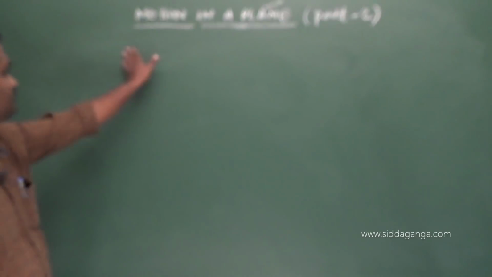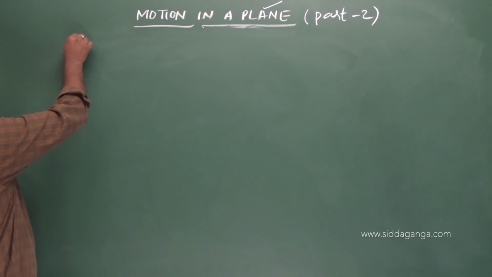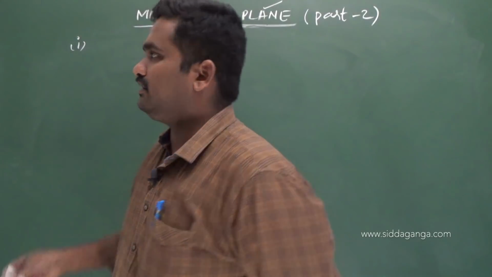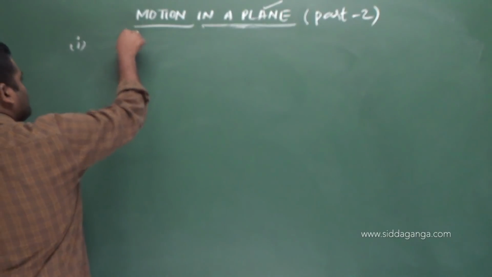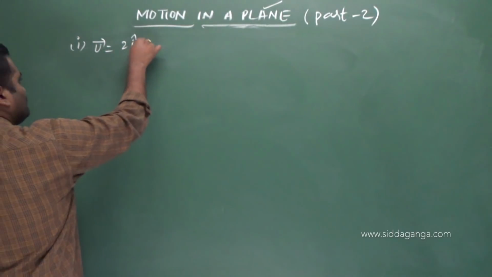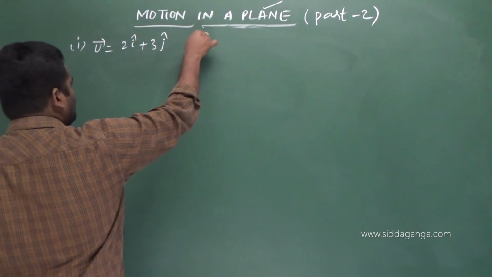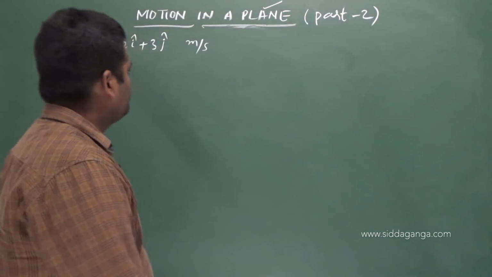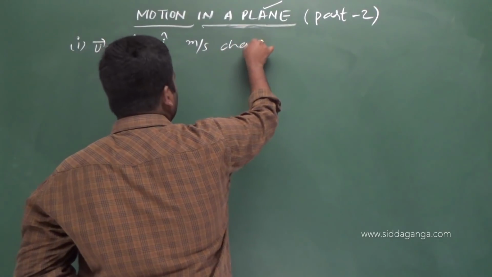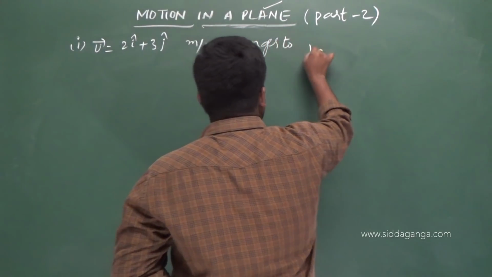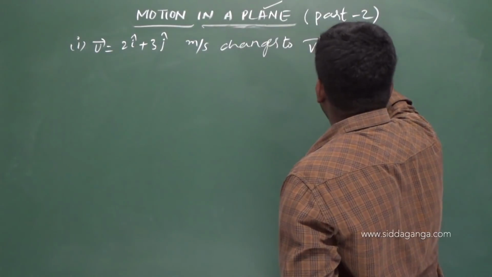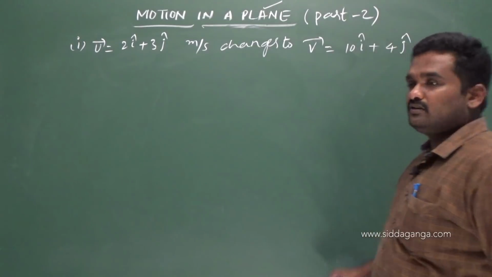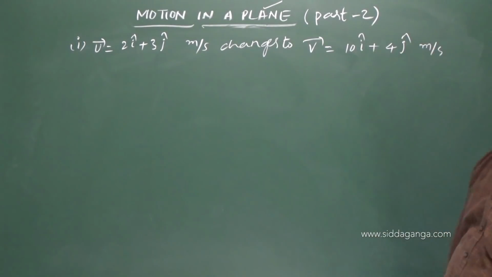See, I will straight away start with an example. A body is initially moving with a velocity of 2i cap plus 3j cap. What is that? Initial velocity equals 2i cap plus 3j cap meter per second. It changes its velocity to some v equals 10i cap plus 4j cap meter per second in a time of